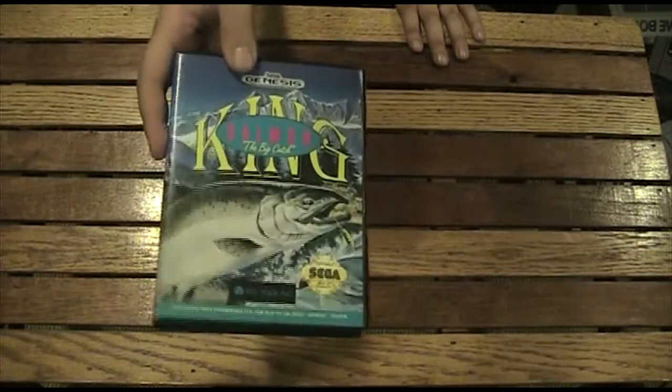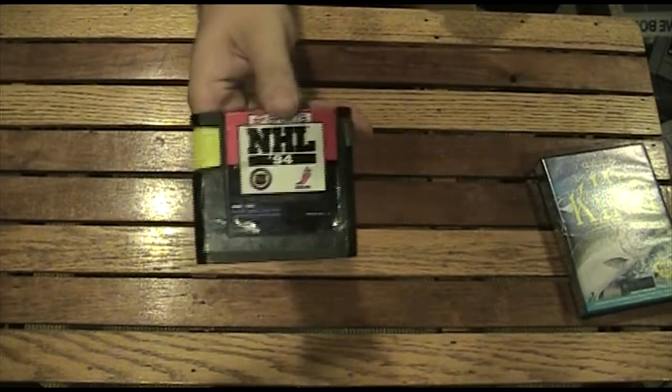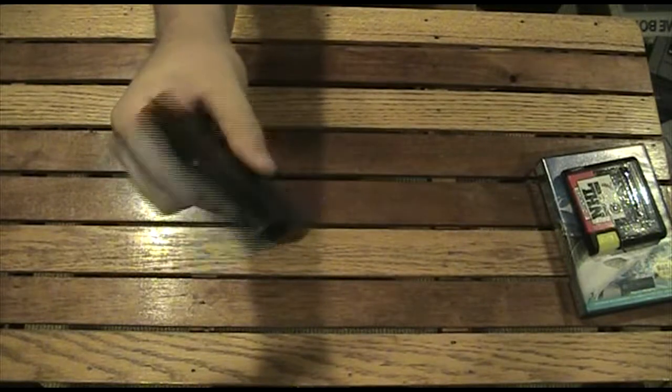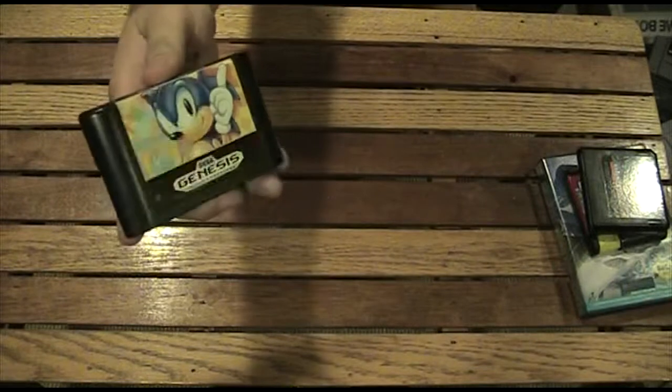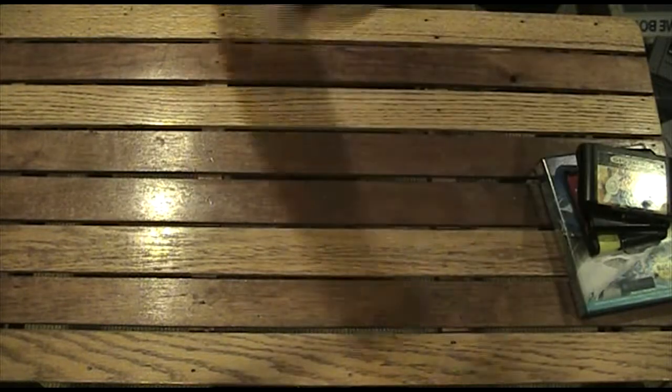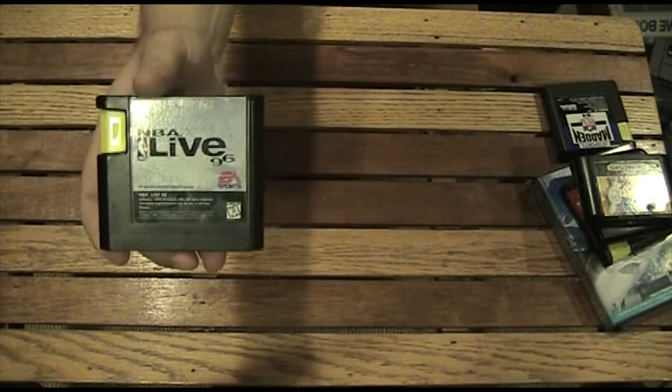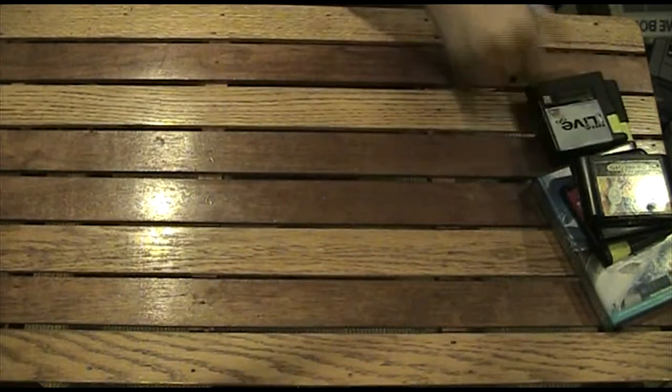Random Goodwill pickup, which includes Genesis games: King Salmon, The Big Catch, complete box, NHL 94 on the Genesis, Bubsy on the Genesis, cool cartridge, looks different. Copy of Sonic the Hedgehog, alright. Madden 94, NBA Live 96, and